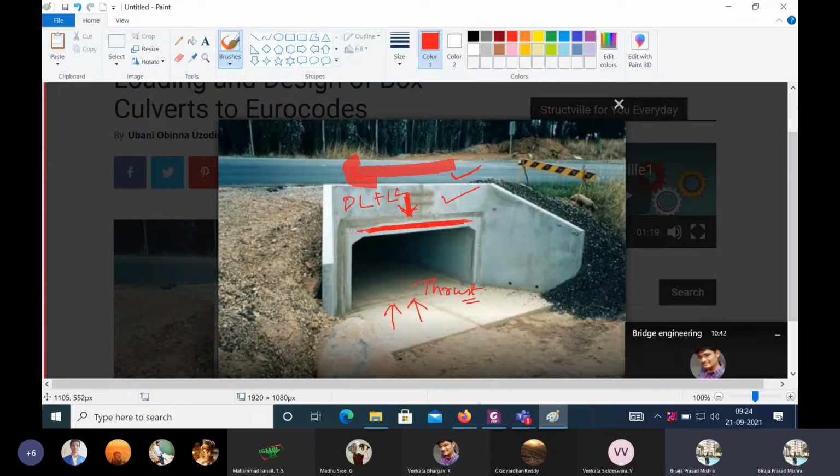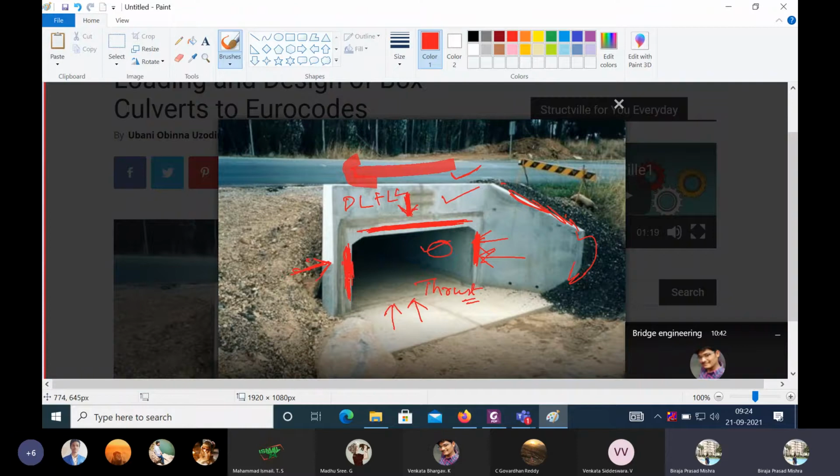And from the lateral side, on these lateral walls, can you imagine the lateral walls? What will be the forces on these lateral walls? So these are the lateral walls. On these lateral walls we will have the forces of the soil or the backfill. You can see something is filled here, right? This part is filled. So on this particular wall, the backfill will be there, and here also the backfill will be there.